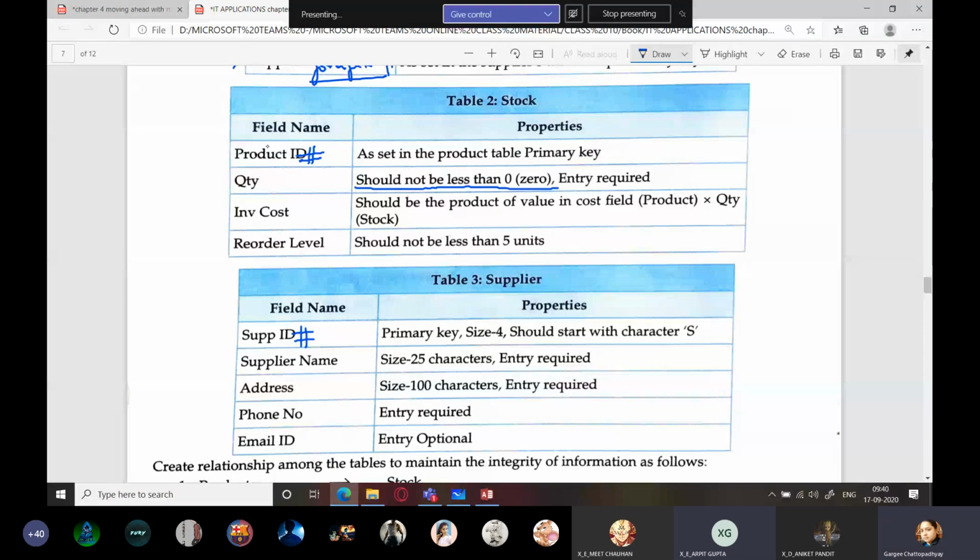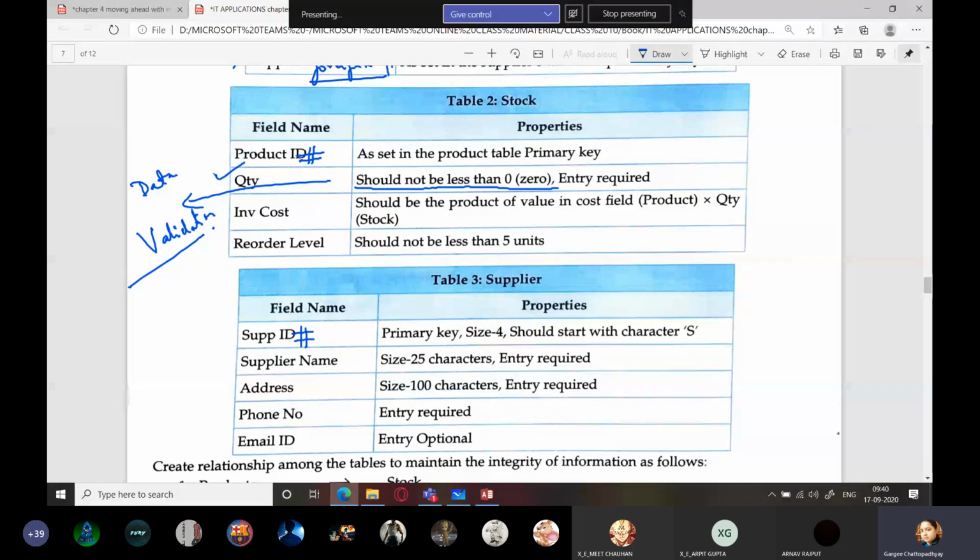Validation rule. Very good. Data validation you are going to apply. Also in validation, tell me whether it is going to be field validation or record validation. Field validation. Give me the reason. Because we have to restrict only one field. Very good. Because you have to restrict the data entry only in one field, that is quantity. QTY should not be less than 0.